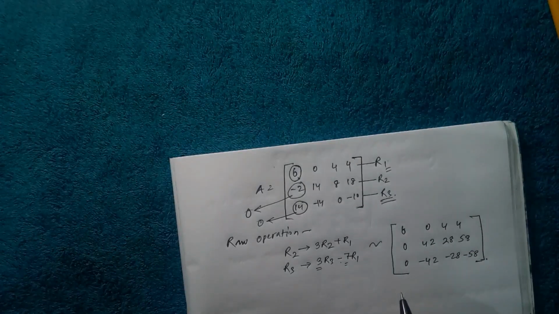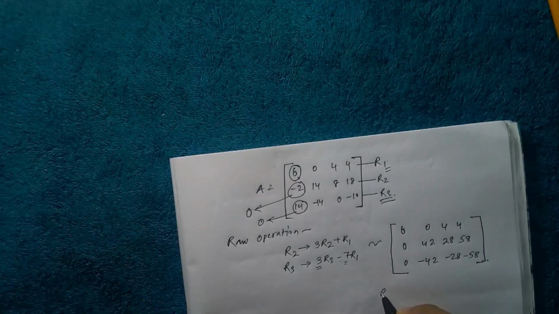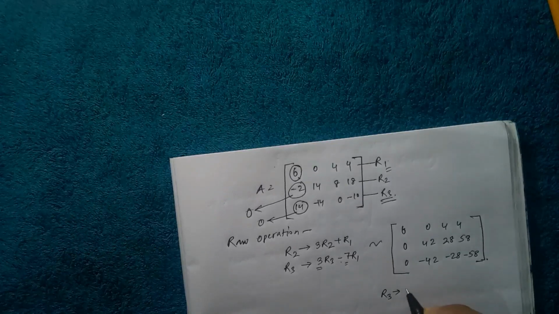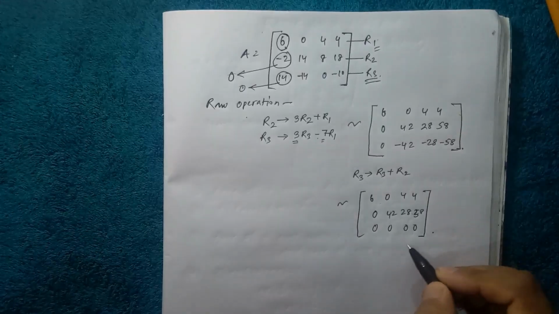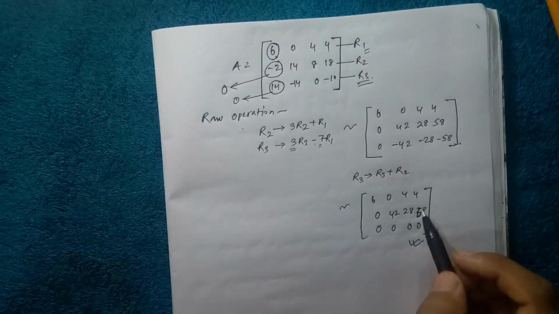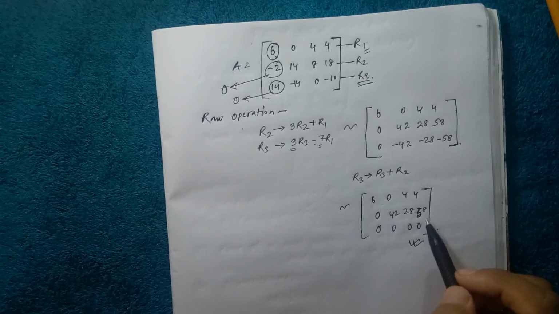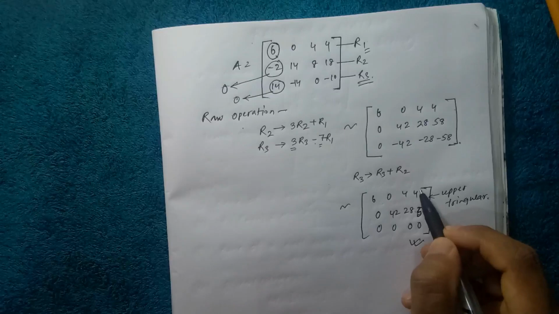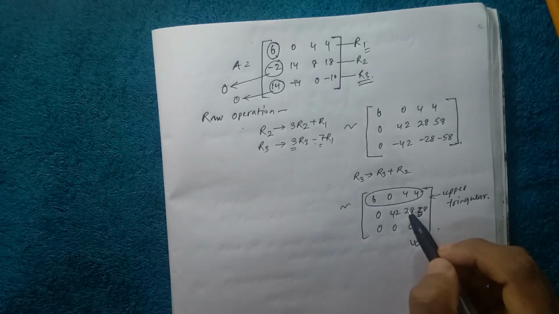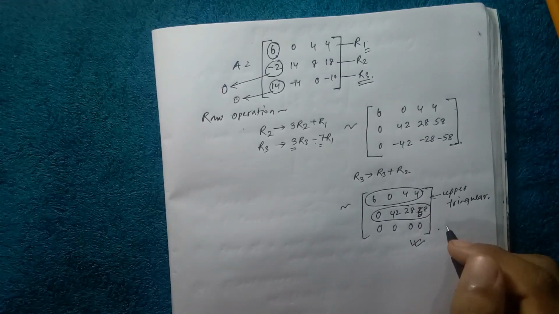Again if we use the row operation R3 tends to R3 plus R2, then the matrix will be similar to this matrix. From this matrix we can see that this matrix is in echelon form because it is an upper triangular matrix. Here two rows contain non-zero elements, so we can say that the rank of the matrix is